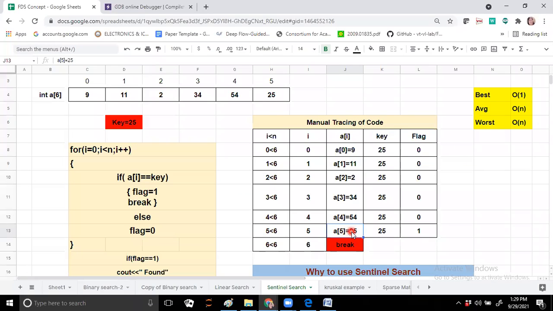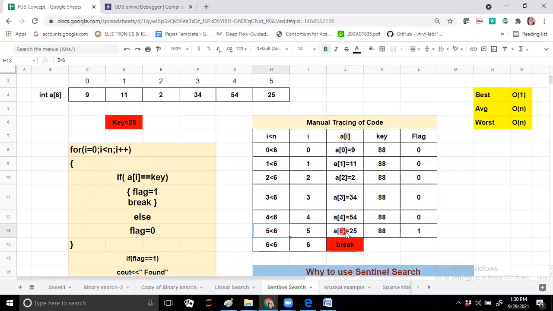But what if we check an element which is not present in the given array? Suppose I want to check the element 88. I can observe that 88 is not in the array. The key element I want to find is 88, which does not match any of the given elements.